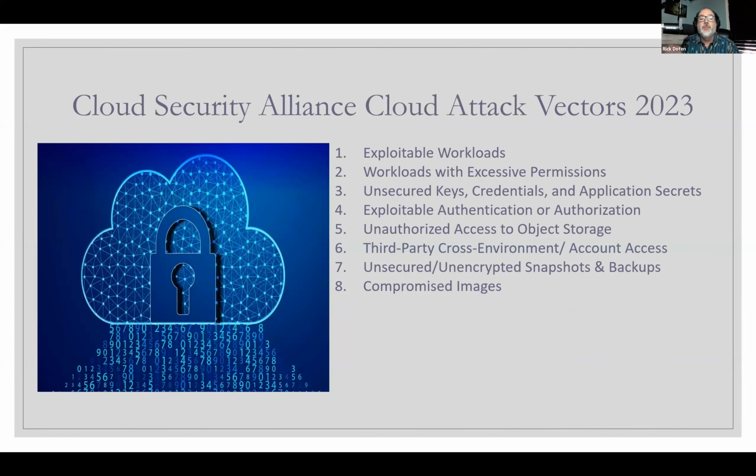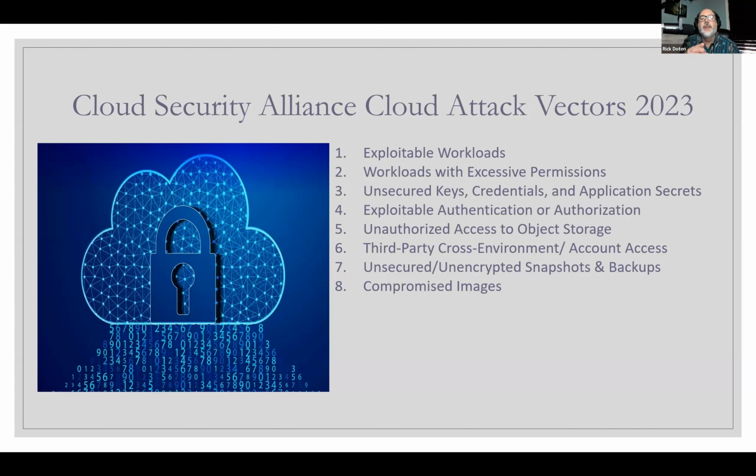And again, you see most of them are human error, but more importantly, you see that most of these are with credentials. So yes, exploitable workloads, but excessive permissions, insecure keys, the most common thing. Even for the last 10 years, you got to say, don't leave your S3 key in an open repository on GitHub, because that still happens today.